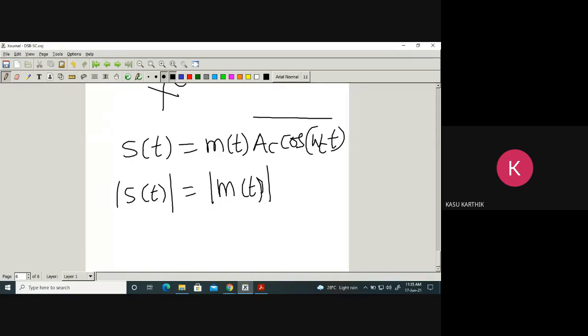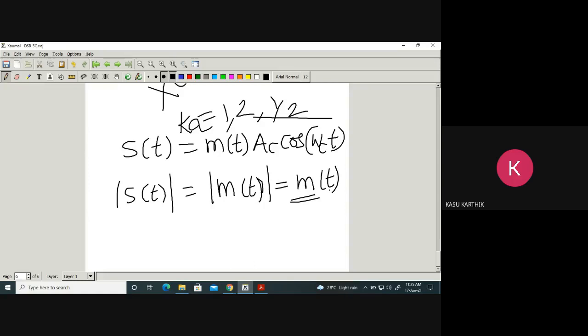So whether Ka is there or not doesn't make any difference. K is a constant. If Ka is 1, it is 1 into mod of M of t. If Ka is 2, it is 2 into mod of M of t. If Ka is 1 by 2, it is 1 by 2 into mod of M of t. So K does not make M of t positive. K has no role to play in making mod of M of t always positive. It is simply something like amplification or attenuation.